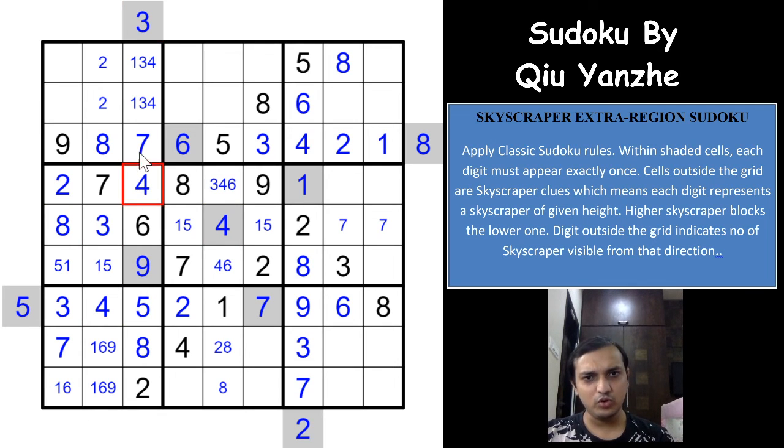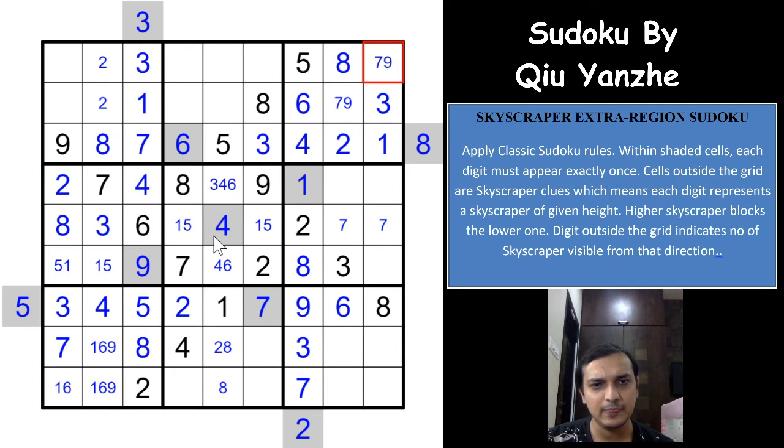And because of the 4 and the 3 as the skyscraper clue, the digits will have to be 4 and 1, 3 and 1 in the increasing order from this direction, which means 3 digits will be seen now, 3, 7 and 9, right? Superb. And because of these, 3 has to be in one of these 2 cells, and 3 is already here, so 3 has to be here, which means a 7, 9 pair is remaining in these 2 cells.